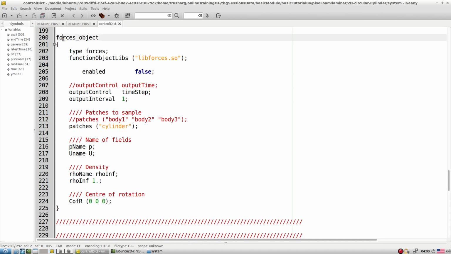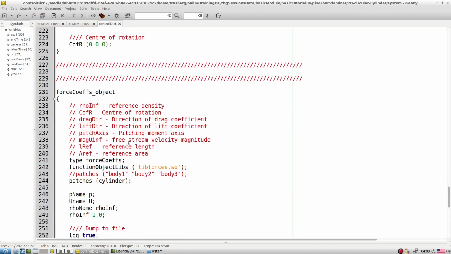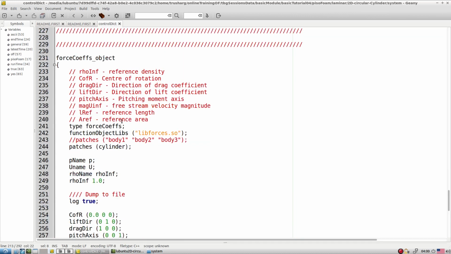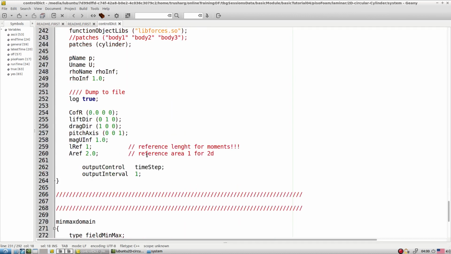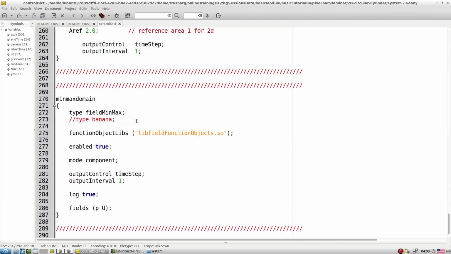Inside the function object, we kept the force object. Okay, and we try to calculate the force on a cylinder. Along with that we try to look at the force coefficients, so CdCl values we also try to explore. Along with that min max for velocity and pressure. Okay, so certain things we started here.